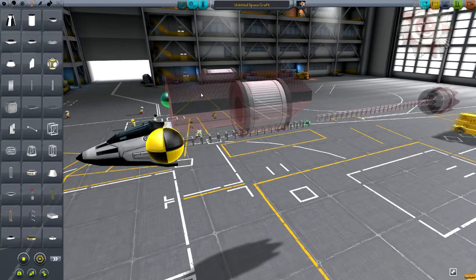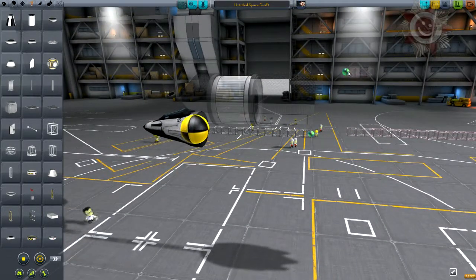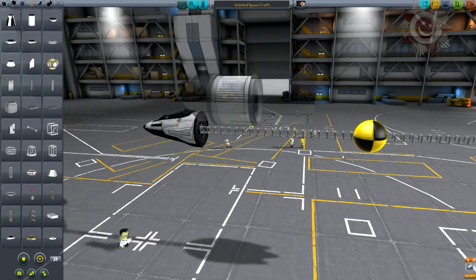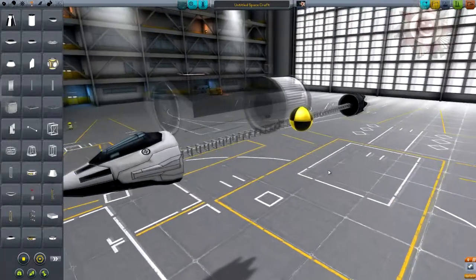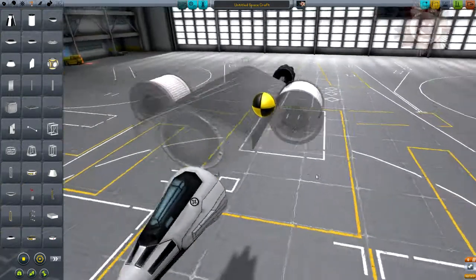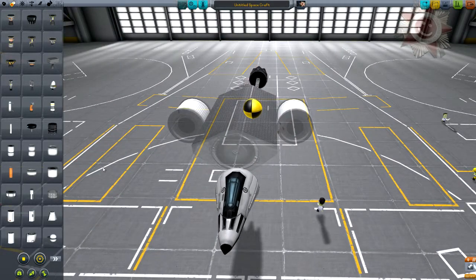I'm trying to place the fuselage exactly like so, and then we need to figure out how much this whole thing weighs when it's empty, and we